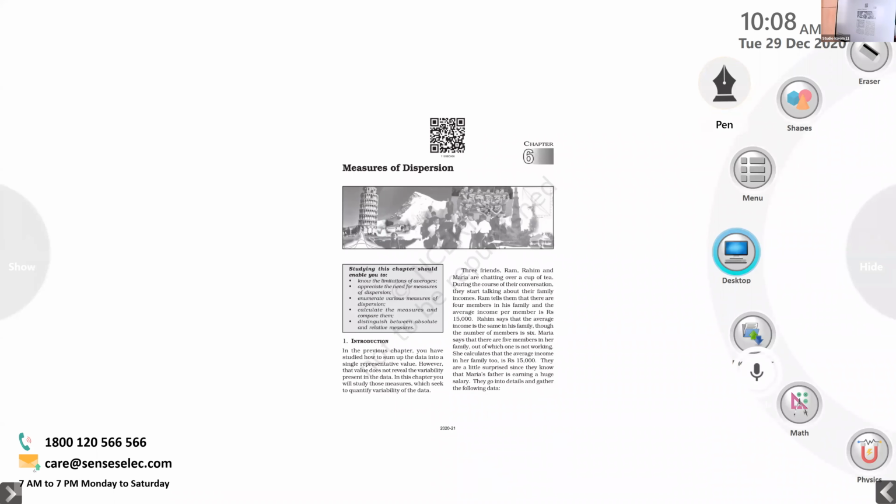So already in the previous chapter, we studied the measures of central tendency. In simple terms, we studied how to find out the averages. Find out the average, right? Yes or no? Mean, median, mode. Mean, median, mode. But